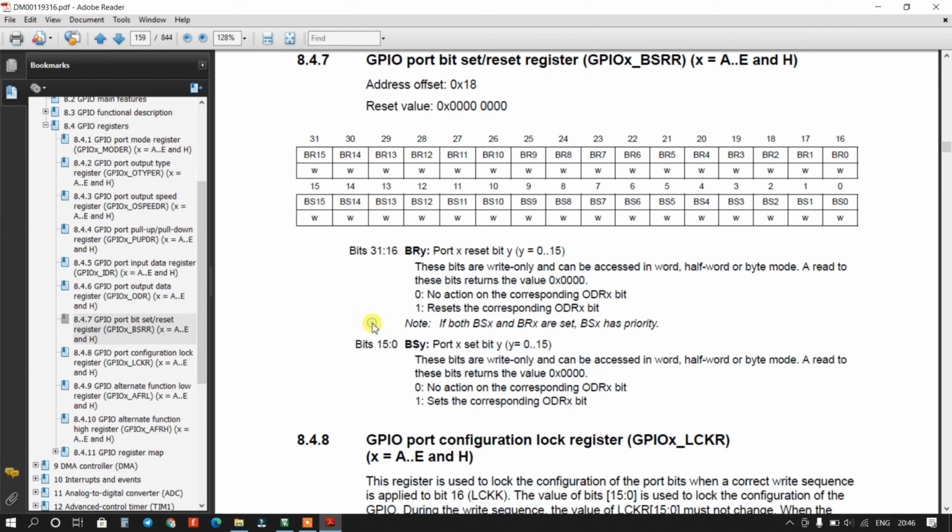And again, to reset that bit we have to enable the 21st bit. This is BR5. Okay, so we have to enable the 21st bit and the remaining bits will be 0.